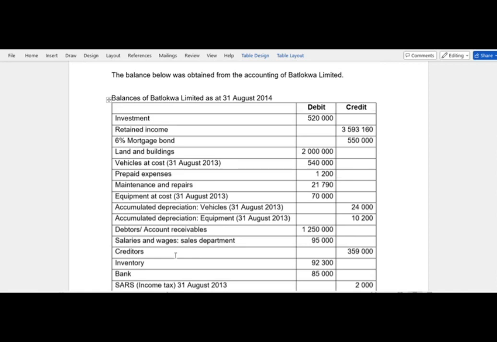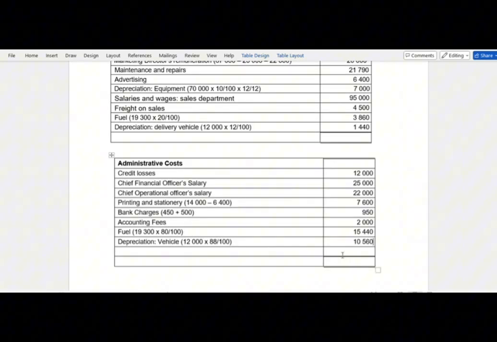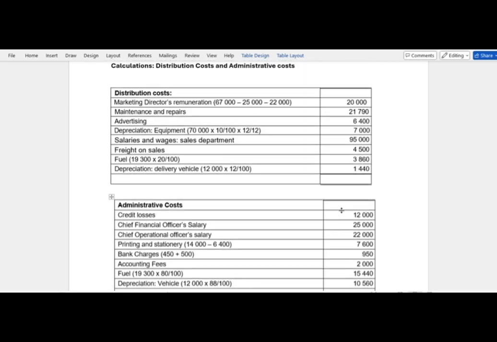And now after recording, we do the calculations and get the totals, right? We have recorded everything. Now we just have to do the calculation and transfer to the statement of profit or loss under administrative and distribution. So now let's start with the distribution total. Let's calculate it together and see how much we are getting. We're going to start with distribution cost. We have 20,000 up there, plus